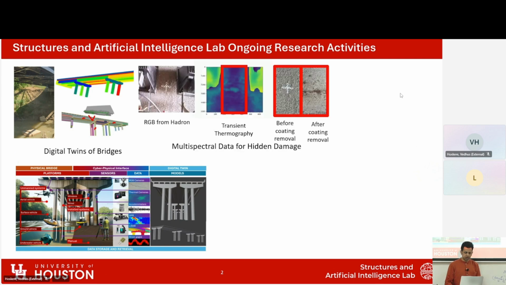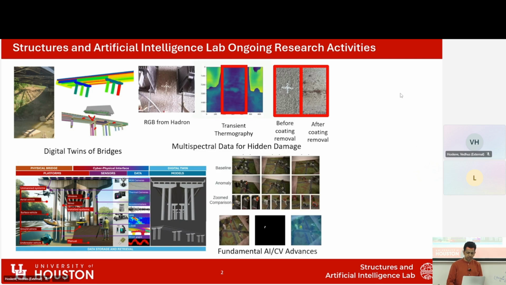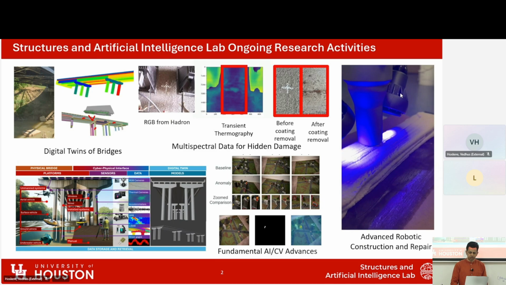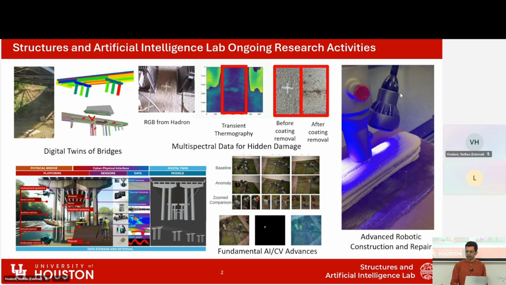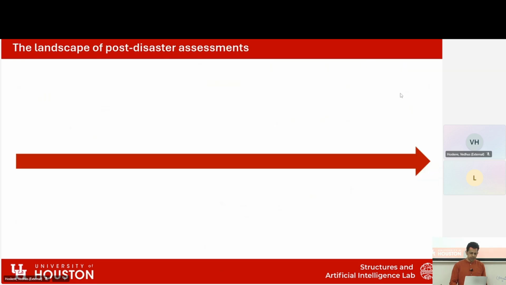We also work on multispectral data to try to find hidden damage. I've shown you some of this. We also work on fundamental AI computer vision advances that are more broadly applicable beyond just civil infrastructure, but also have some applicability in civil infrastructure. And then we also work on different robotic tasks that can be useful for repair after damage assessment. Now, in the context of disasters,